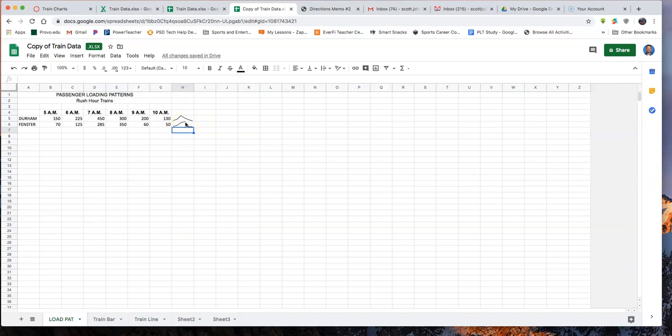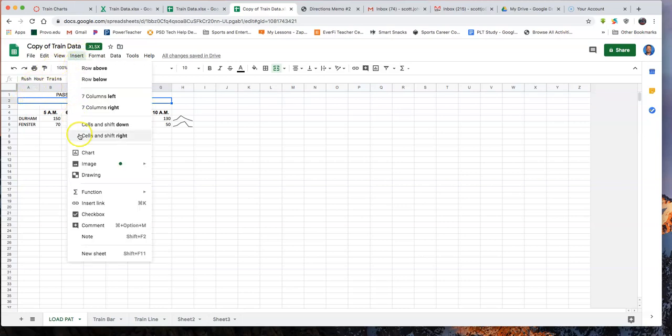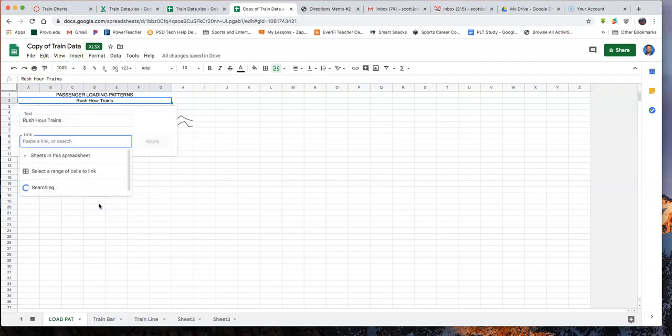Okay, and the last thing we're going to do is create a hyperlink up here for rush hour trains. We're going to have that be a hyperlink that goes out to uta.com. Okay, so I'll click over here to select that cell. I just click here where A2 would be, and I'm going to go insert a link,